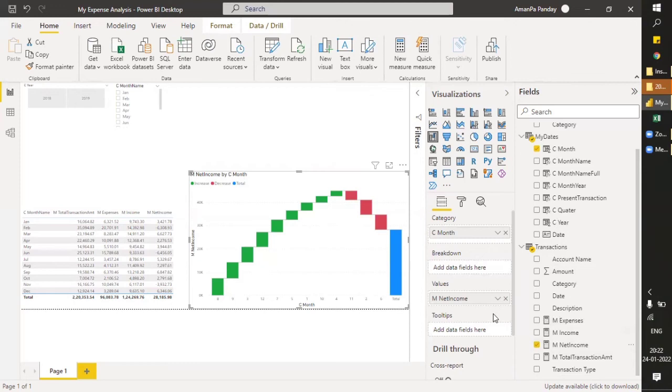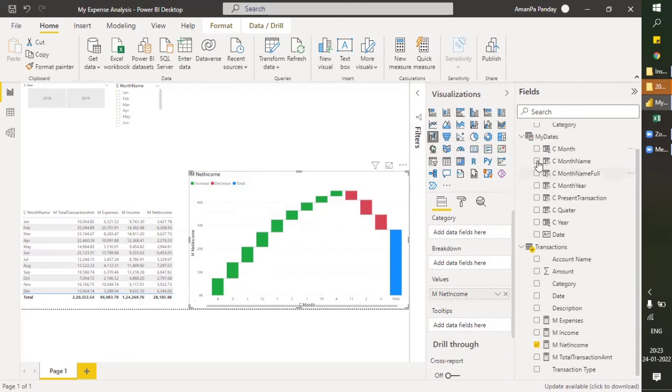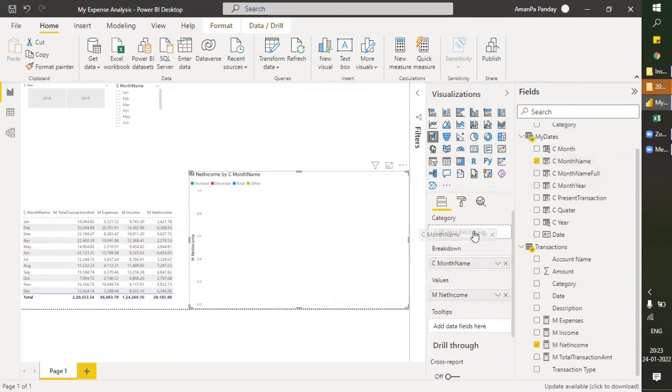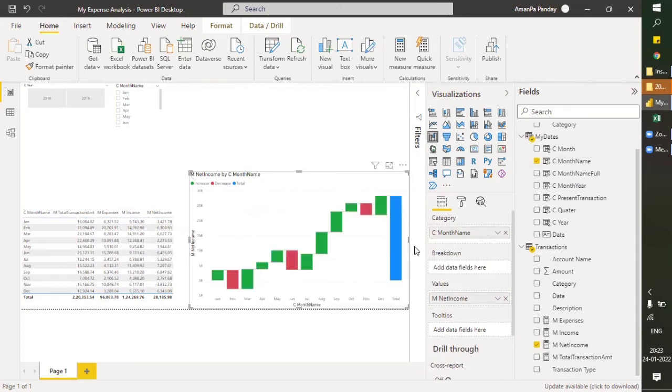Yeah, so in this we can clearly see that every month there has been a consistent rise of net income. And when we come to this particular part, I think it's not arranged properly. Mistake. Sorry, it's this one, and make it the category. Yeah, you can see now net income.